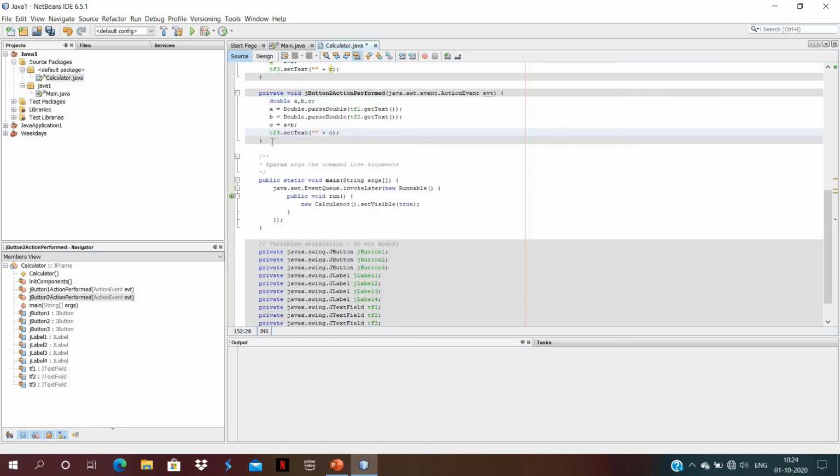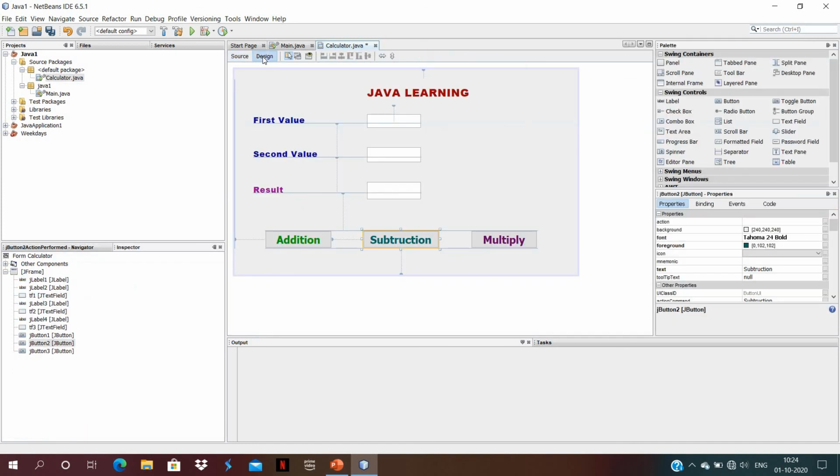For the subtraction we only need to change the sign in our formula. Same statement as it is, we write down, and after that we go to the design view.